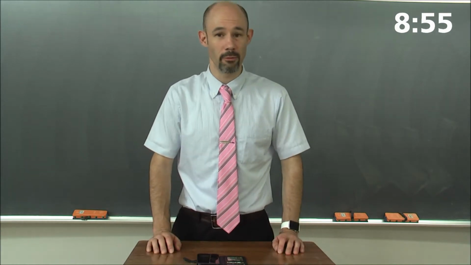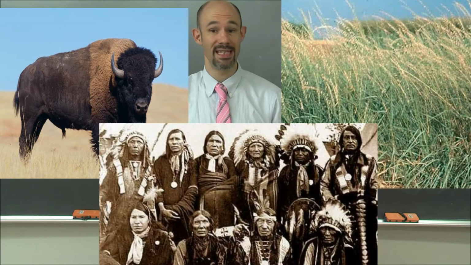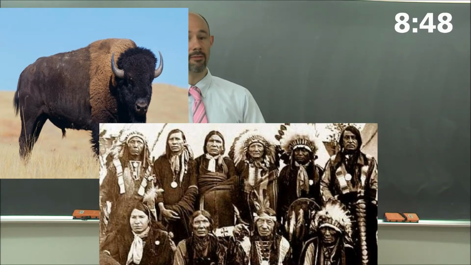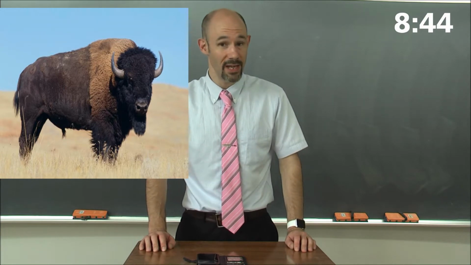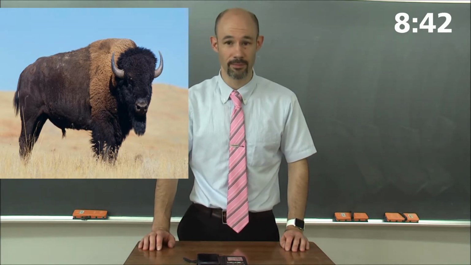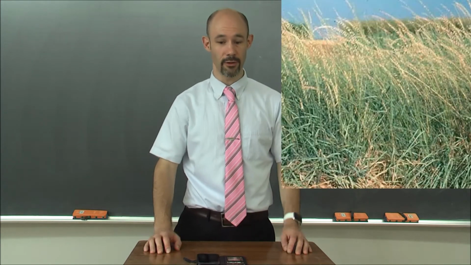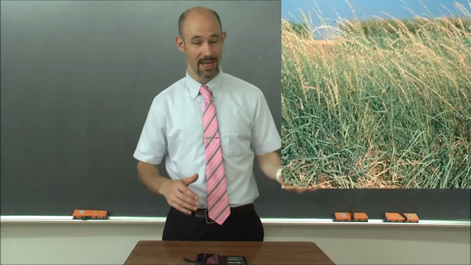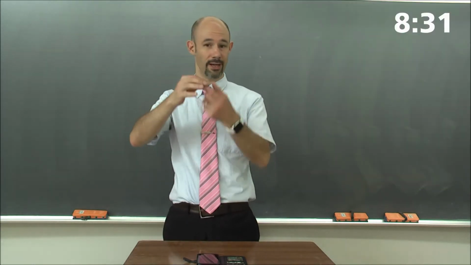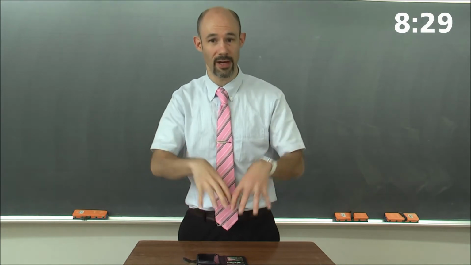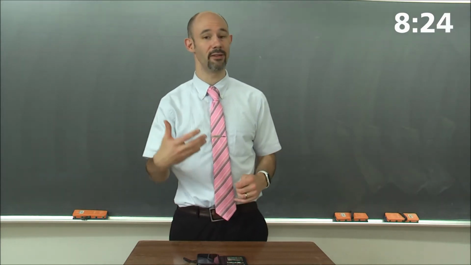So before Europeans went over there, on the plains you had buffalo, you had grass, and the Native Americans lived there, of course. Buffalo are extremely hardy animals. They can survive very hot summer temperatures, they can survive very cold winter temperatures. They're very well adapted for that area. The grass can also survive in the heat and the cold, and it can survive through the droughts because its roots go down hundreds of meters into the water table, far down below the ground. So even if it doesn't rain for years at a time, the grass can survive.